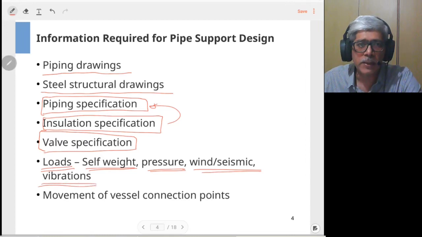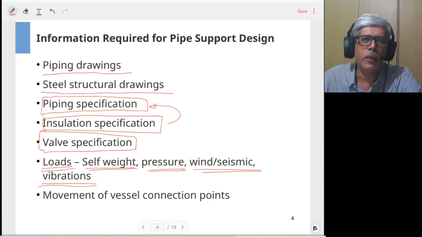And if the vibration study is done, typically it is not done at the early stage, but at the later stage of finalizing the design, you need to take into account the vibration loading or dynamic loading coming on the piping, maybe because of some compressor or pump which is running nearby, or the process itself may be turbulent, which will lead to some kind of dynamic loading which needs to be taken into account.